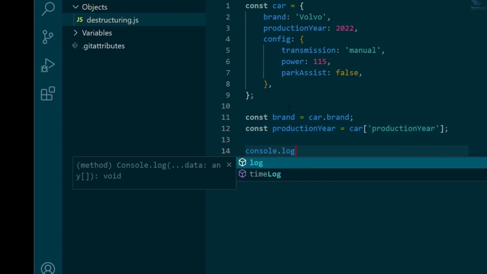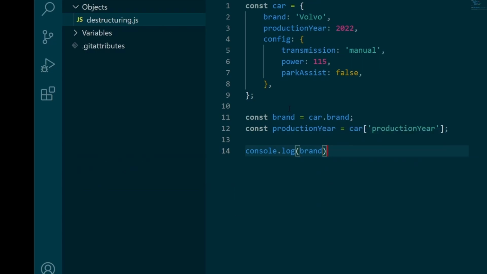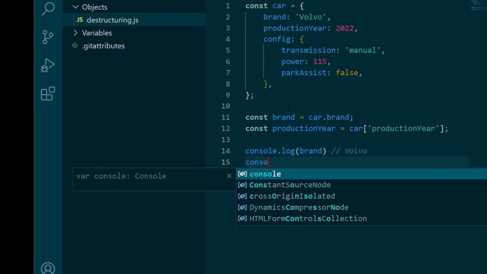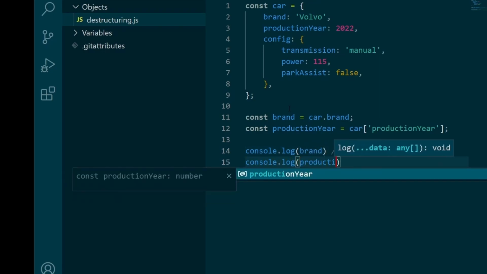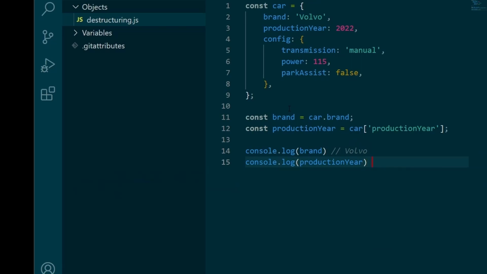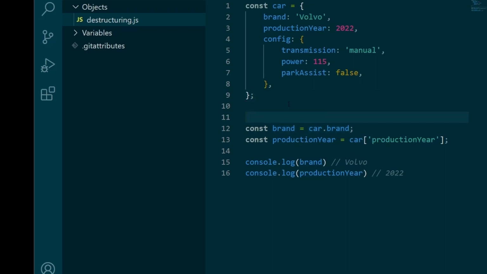And then just to show you what I'm actually getting, I'll create a fake log. So console log brand, and this will give me the Volvo string, and then below console log production year, and this will get me 2022. So that was a bad example, and just to indicate that, I will add a don't comment. And below this piece, I'll add another comment saying do, so I can start showing you the correct way of